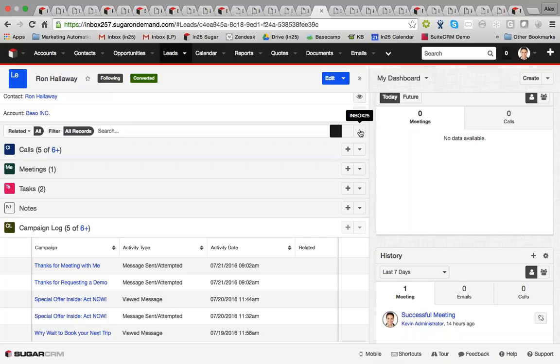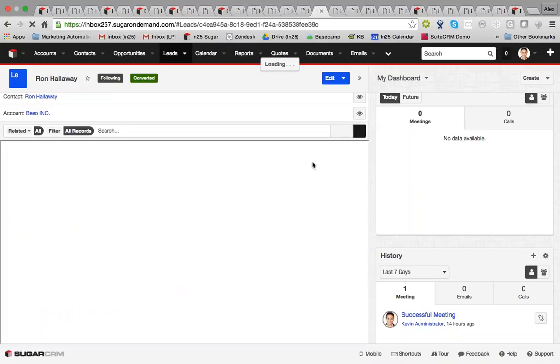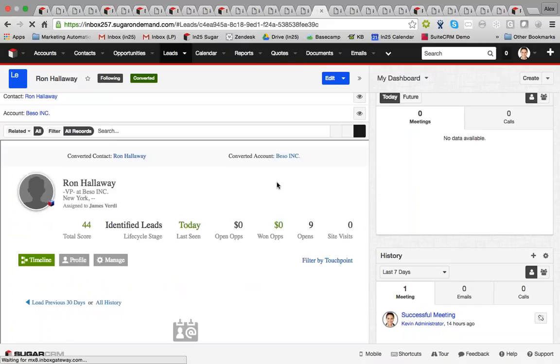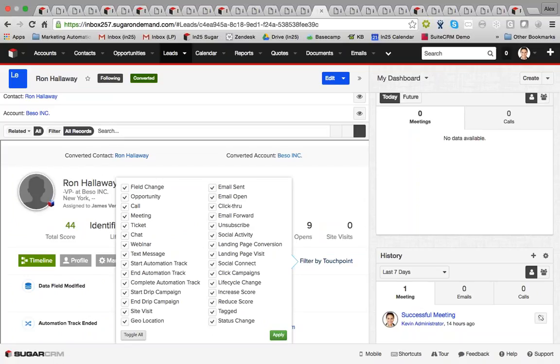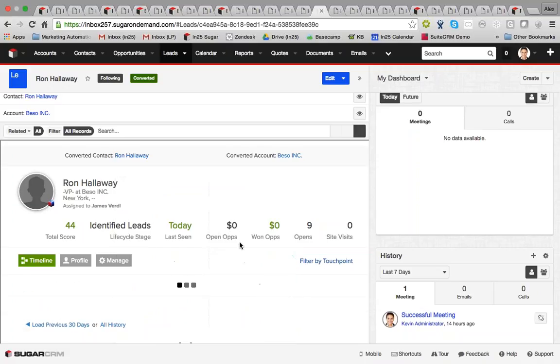However, as a sales agent, if I wanted to gain just a little bit more exposure as to what specific messages were sent, as well as what the individual responses were, I'm able to filter between email messages that were sent as well as their activity, apply those